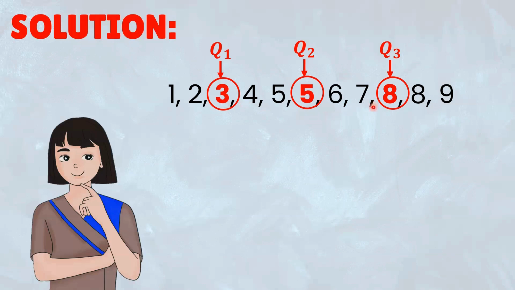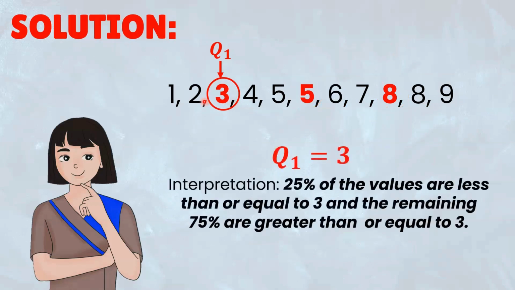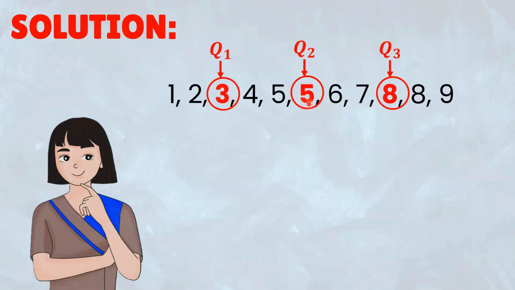Since a score of 3 falls on quartile 1, it means that 25% of the values are less than or equal to 3, and the remaining 75% are greater than or equal to 3. Okay? Next, for our quartile 2 value, which is equal to 5, it means that